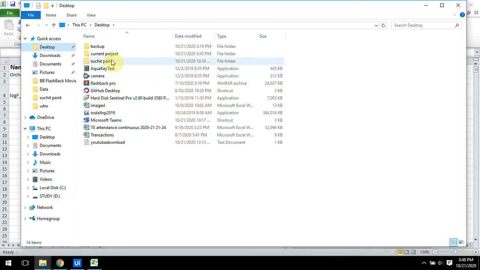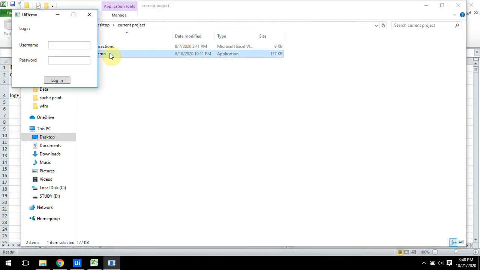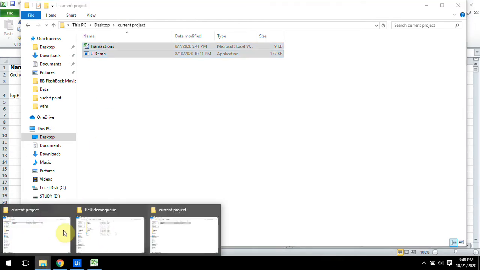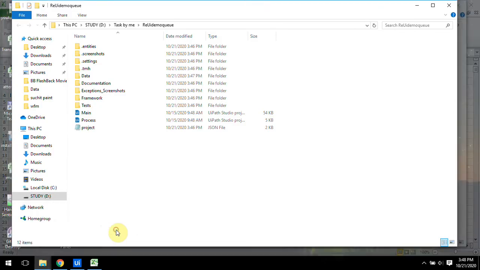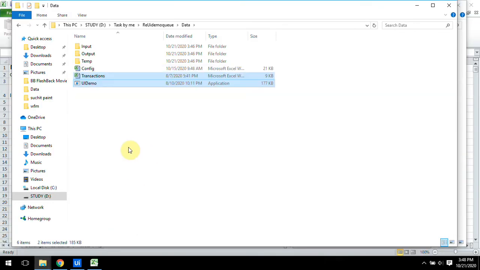Right now I am having these two files, the app and the Excel file, in one folder. So I am copying these two files into my project data folder. That is the first important task. Whatever application or files you require, you should copy into the data folder of your project.